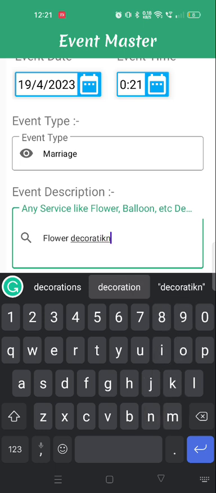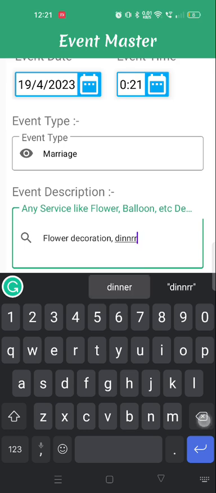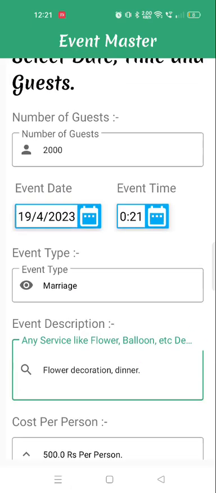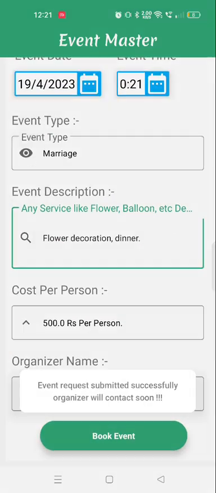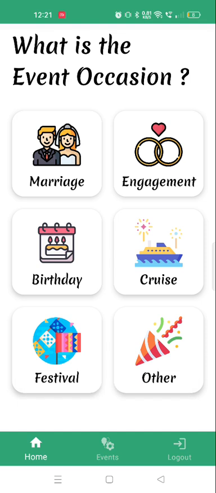Later on the event organizer can decide the price, or they can discuss on call. We are basically providing a system where they can connect, and later they can discuss. Then you have to book the event, and that request will go to that organizer.